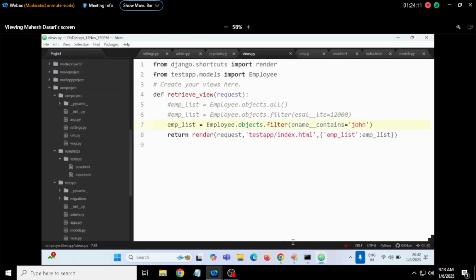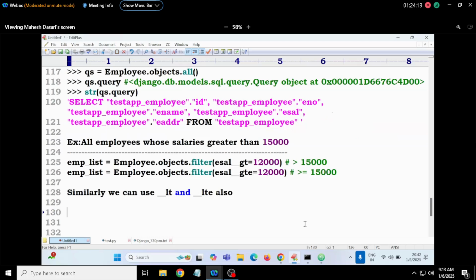John. Now it will be displayed. So what is that function? Contains. Now in case of SQL we have to write select all employees where name, there is a keyword,